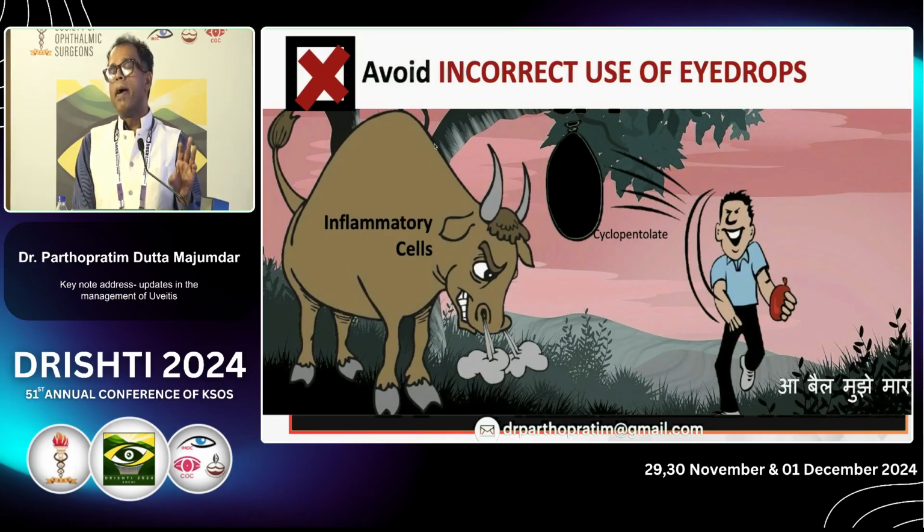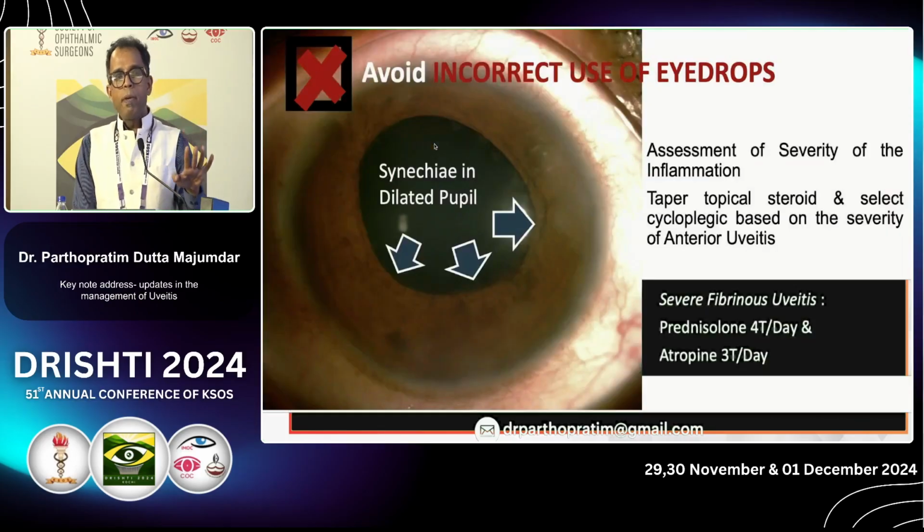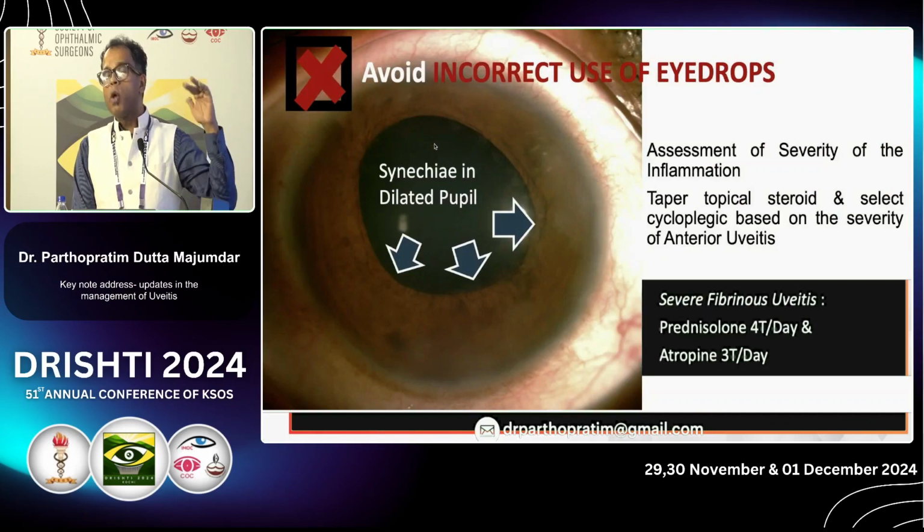Cyclopentolate is a medicine which is chemoattractant. That means it will attract the inflammatory cells to the site of inflammation. So treating the inflammation with cyclopentolate is just like calling a bull to come and hit you. Now, sometimes what happens, you start the medicine atropine, which has a long-standing effect, and the topical steroid you